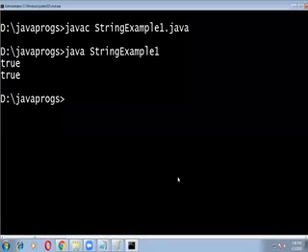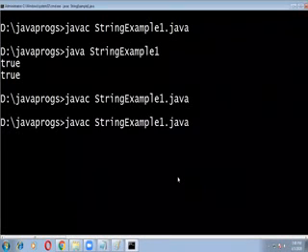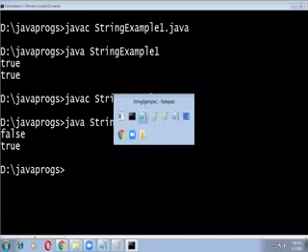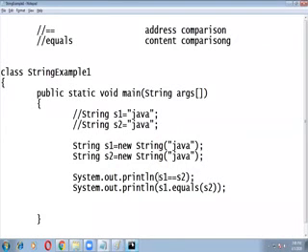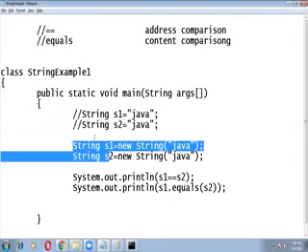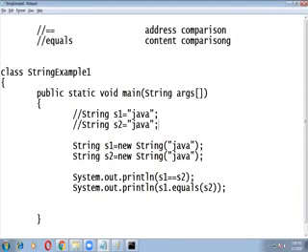Compile once and execute once in this case. See this. First case false, second case true. Similarly, there are many methods in the string class. Okay, if you want to see the string class methods, you understood what the double equals and equals method are, right? And how a string will be stored in the common pool area, and the object difference. This is the common pool area. Already it is there. It points to the same location. Okay. Now in string